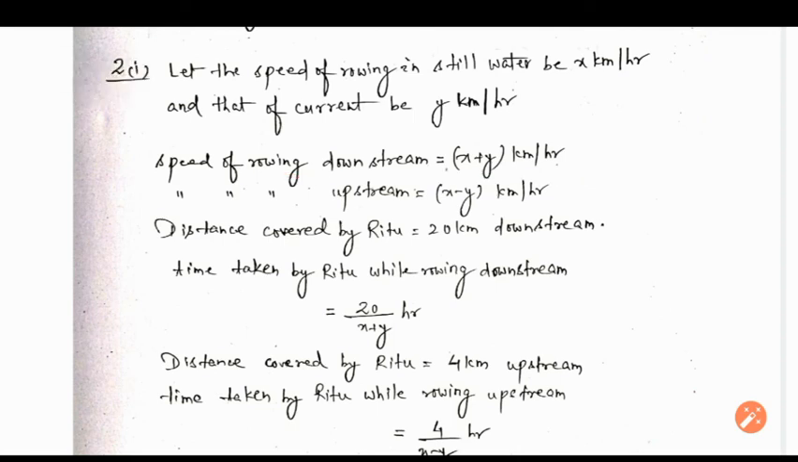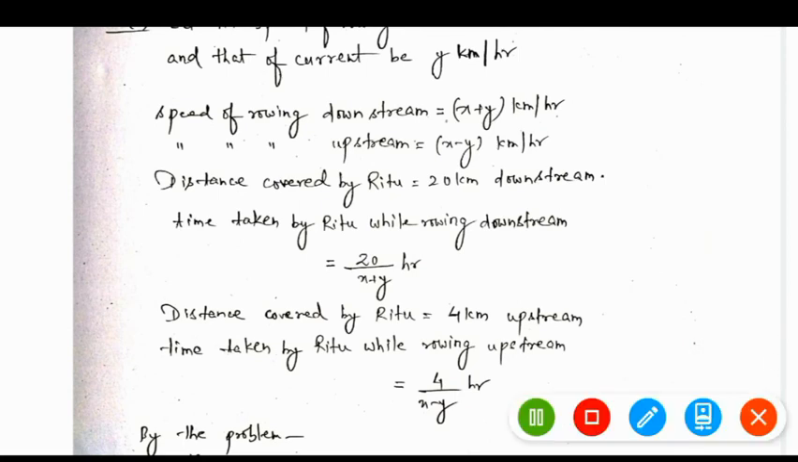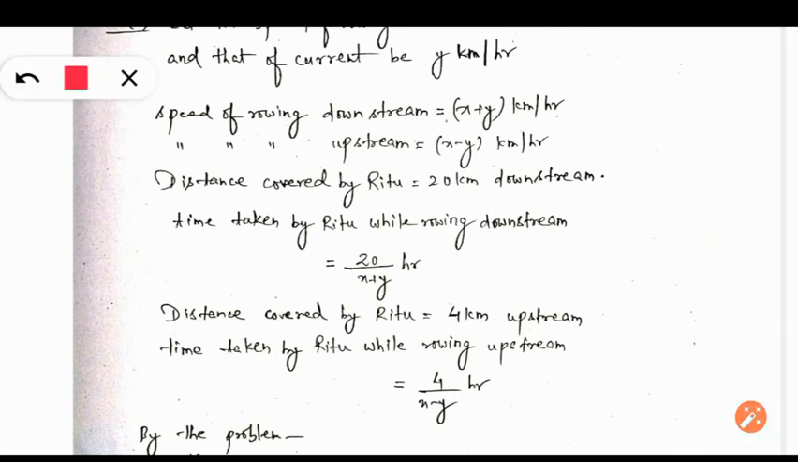Okay, but when I am going upstream, against the current, in that case my speed will decrease. Why will it decrease? Because I am going against the current, opposite to the direction of current. So in that case what will happen? My speed will be reduced by the speed of the current. That is why x minus y. So speed of rowing downstream, that means with the stream, is x plus y, and speed of rowing upstream will be x minus y. Now